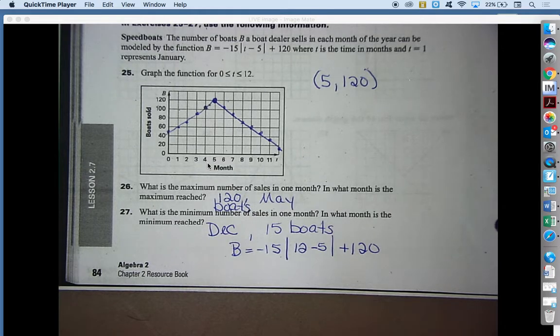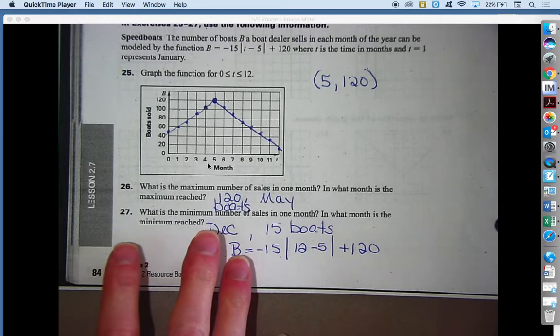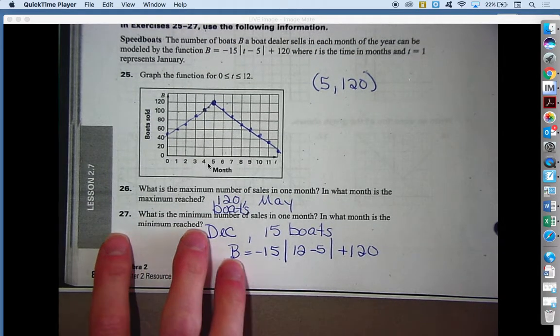Number 22 from the homework. Right, the worksheet, sorry. Yeah. All right. So number 22,